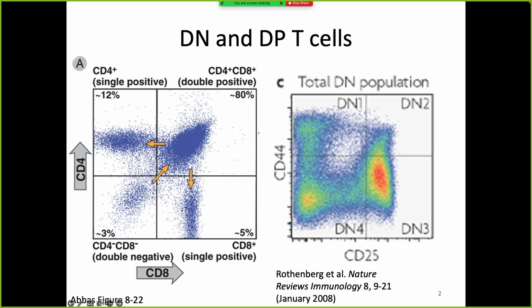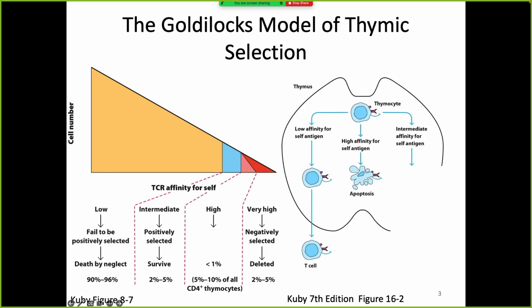As well, we see rearrangement of a light chain as the cell is transiting from double negative to double positive. So we can go through that process. And we talked about testing the light chain, testing the heavy chain to make sure that we have a functional T-cell receptor. The key piece to think about with T cells once they have become double positives is